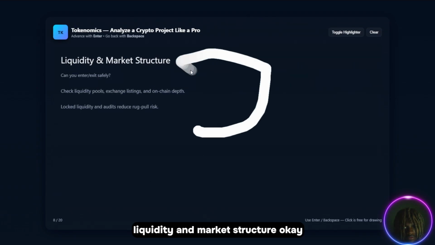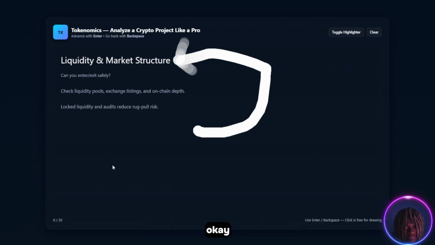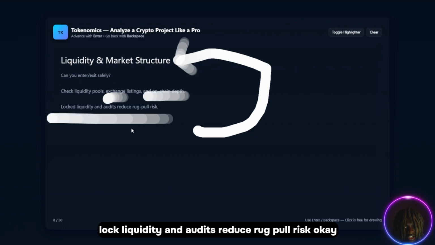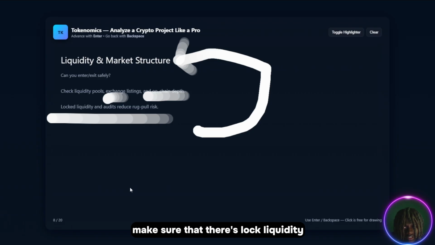Liquidity and market structure. So, can you enter and exit safely? Check the liquidity pools, exchange listings, and on-chain depth. Locked liquidity and audits reduce rug pull risk. Make sure that there's locked liquidity a lot of the time, because you don't want to be getting rug